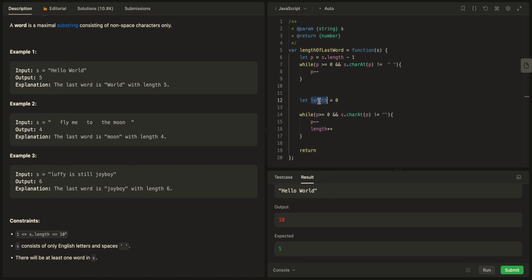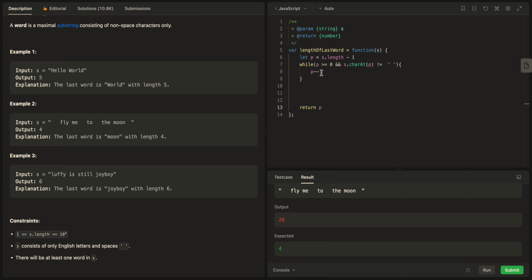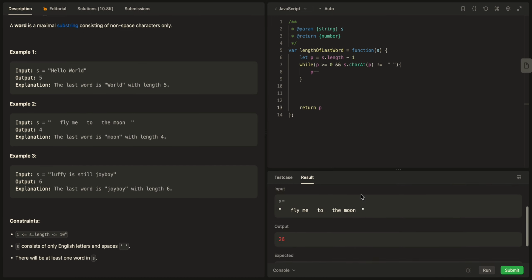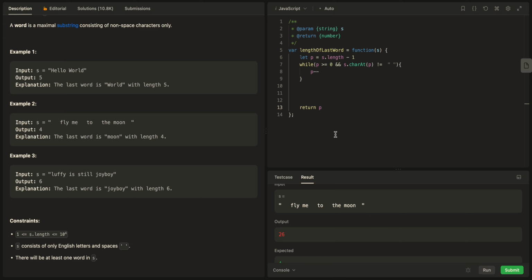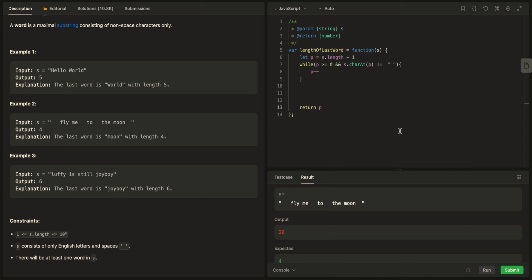Return. This one works fine, and I'm saying while b is bigger than or equals 0, and is the charAt b doesn't equal, let's just return b here. Return b. I want to see what b is. Okay, b is 4. b is 4 here, and why,